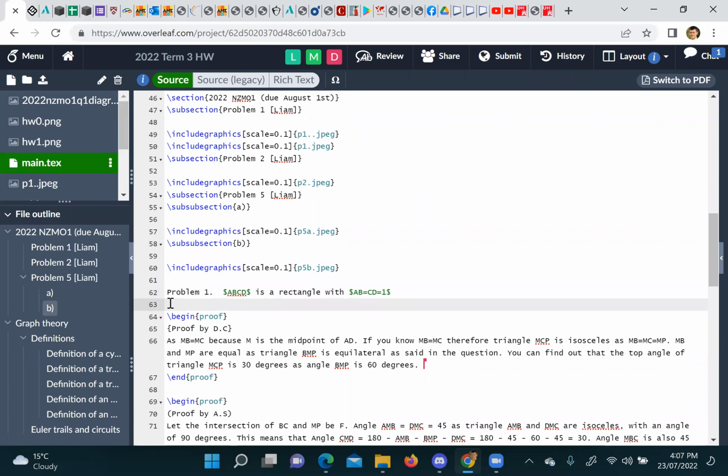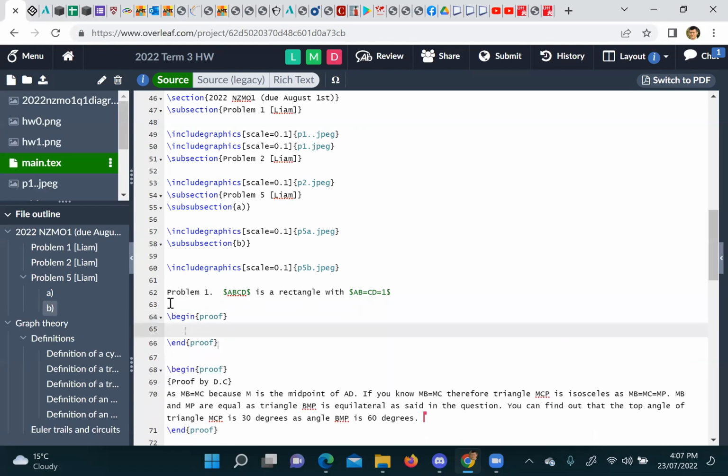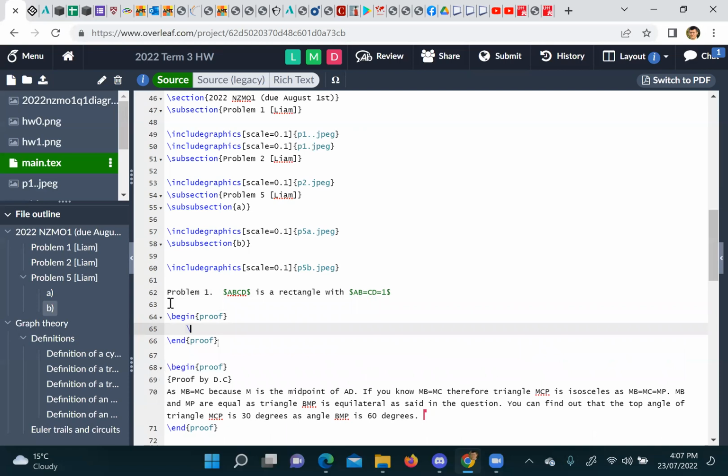Yeah, something is wrong with the proof environment. It doesn't have the same features it used to. Okay, so now we do a begin proof. Okay, and then we go include